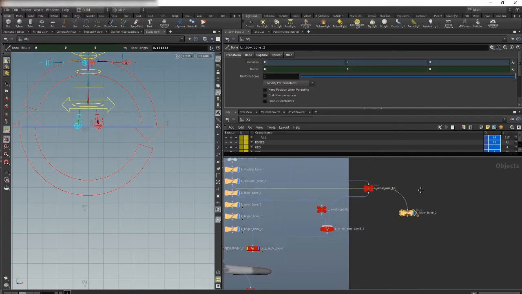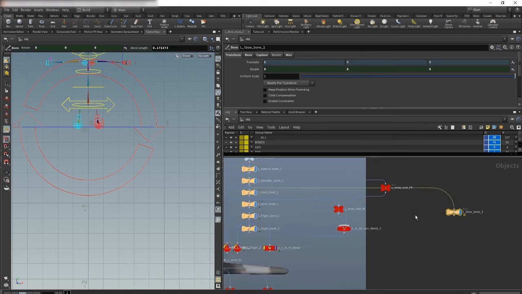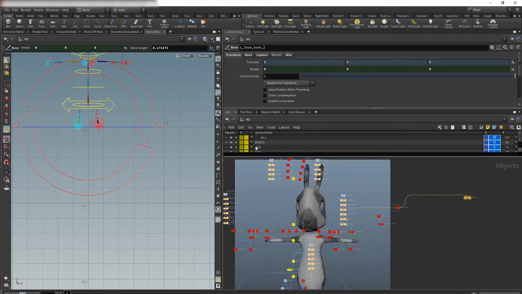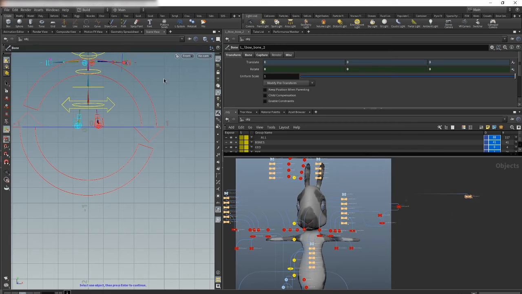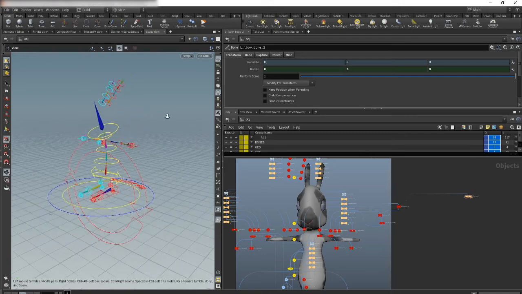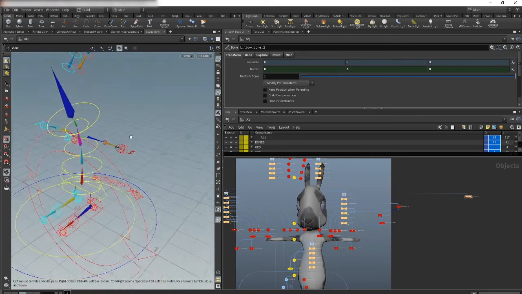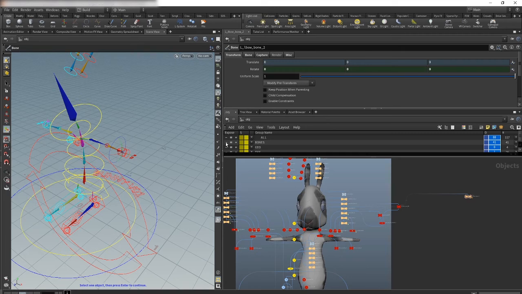Okay, as you see, we have this bone. And now I like to hide everything but this bone in the viewport. I switch to my perspective viewport with space 1. And you see we have these bones already set up, and we set up a layer for the bones, and also visibility in the viewport. As you see, I can hide the bones now, but the problem that I have now is